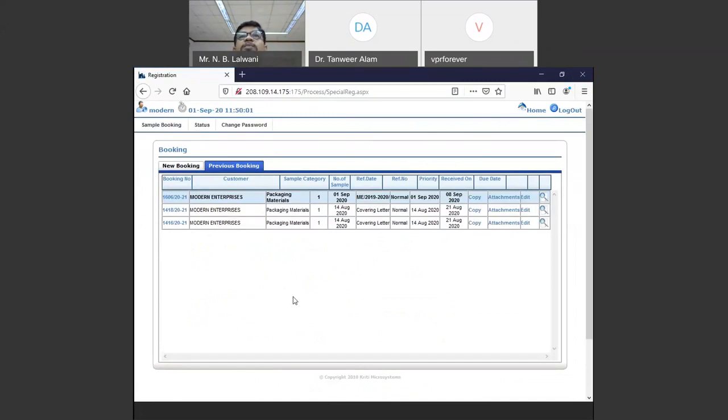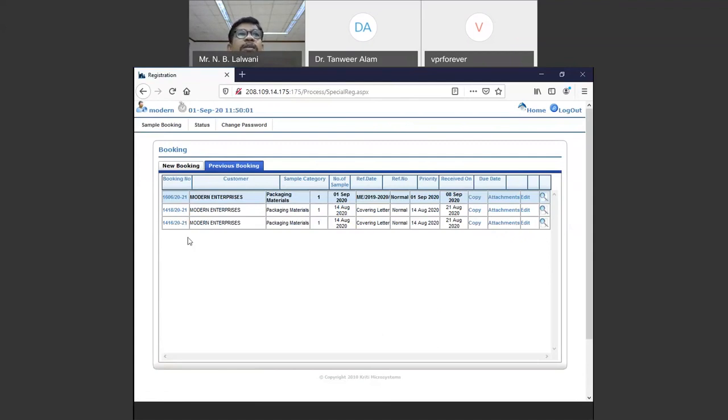Now let's say this particular booking you have done, and all the bookings whatever you have done, you will see everything. This is 14th August. This is as we have created for the demo purpose. This is recently whatever demo we had given, the same numbers are coming now. Let's say this particular booking I have done, and this will be there for always.